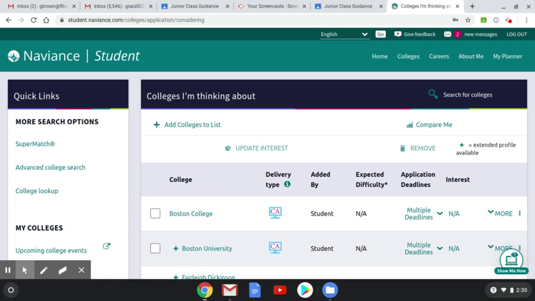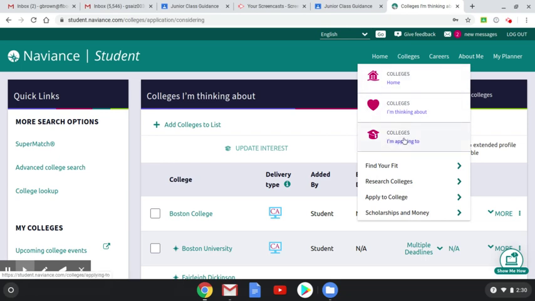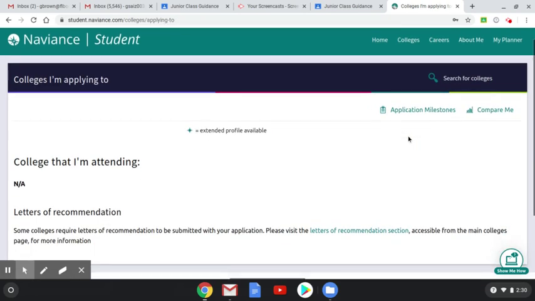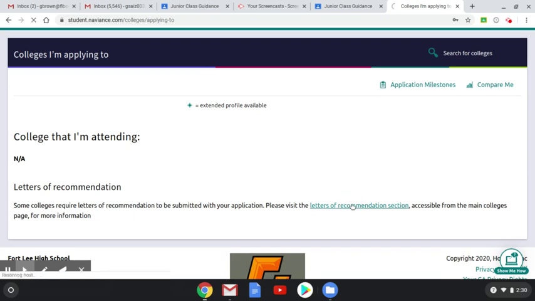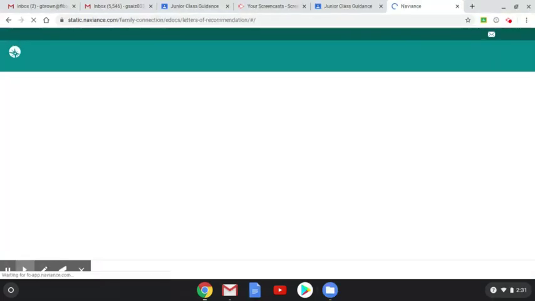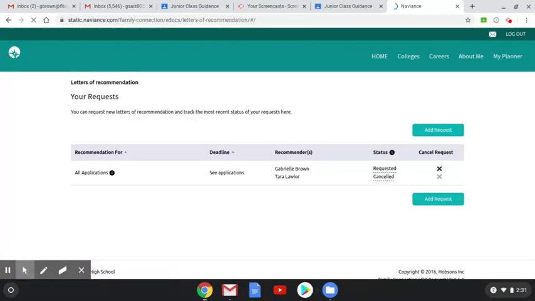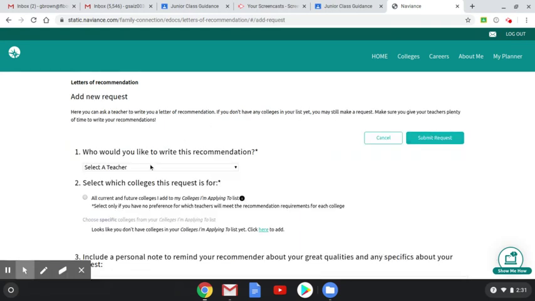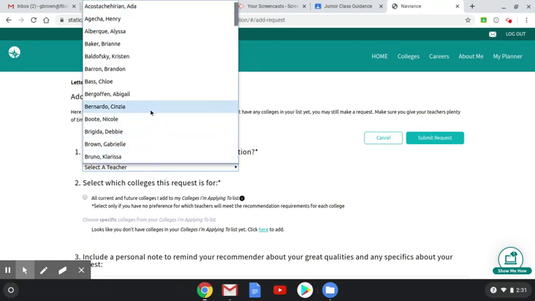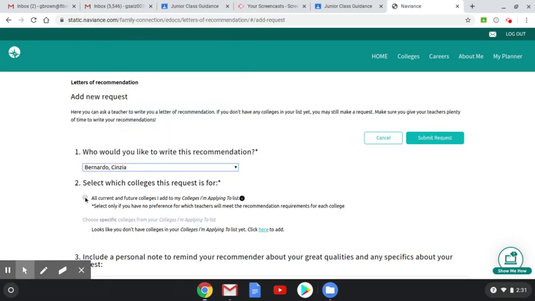Now, when you do eventually ask them to do your letter of recommendation, what you do is under the colleges tab, under colleges I'm applying to, you will select the letters of recommendation section. It is here that you would put in a formal request for a teacher to post a letter of recommendation. So again, this is when you've already spoken to them in person and you've already given them some information about yourself. So you add the request, you select the teacher that you would like, you would select all current and future colleges,